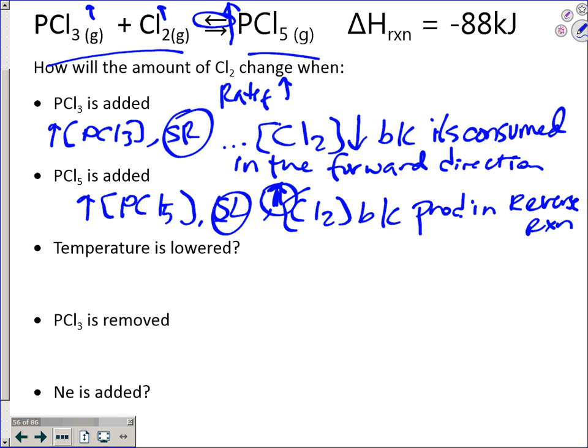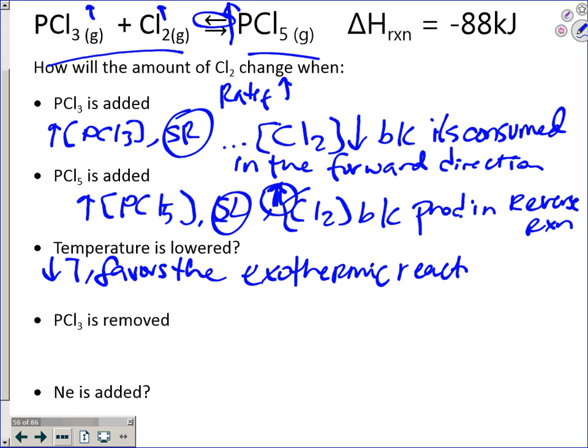Lowering temperature favors the exothermic reaction, which in this case is, therefore, I'm going to try to write this neatly for my viewers at home, favors the exothermic reaction, which is